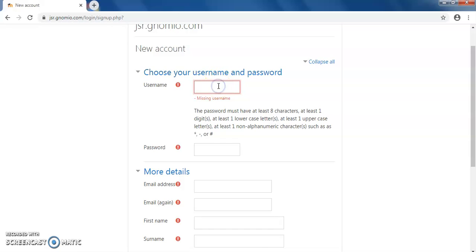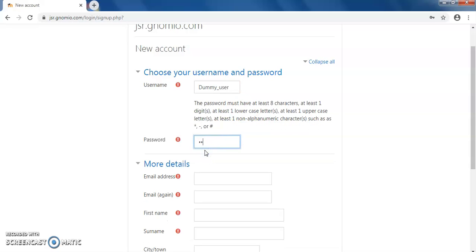Fill from the beginning, dummy, user. Password you can give as per the instructions given. Select email. Email should be of your own. Repeat the email.